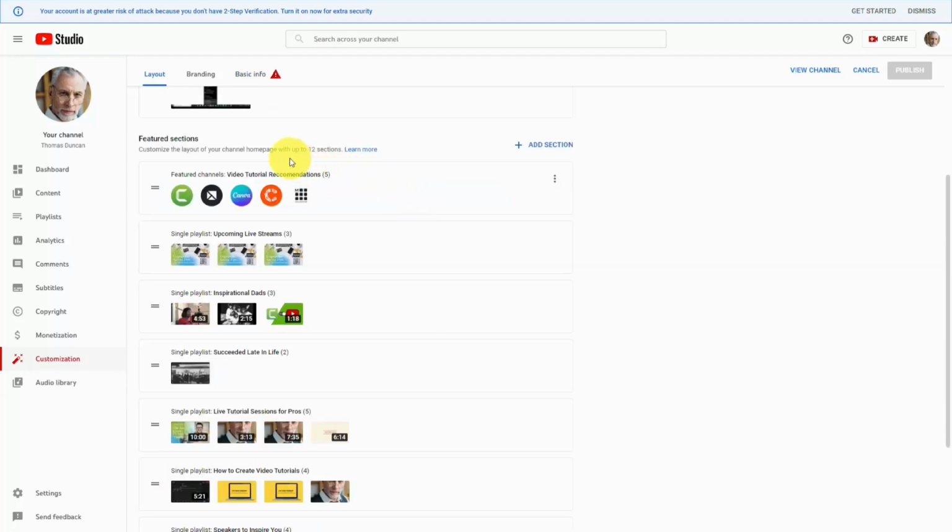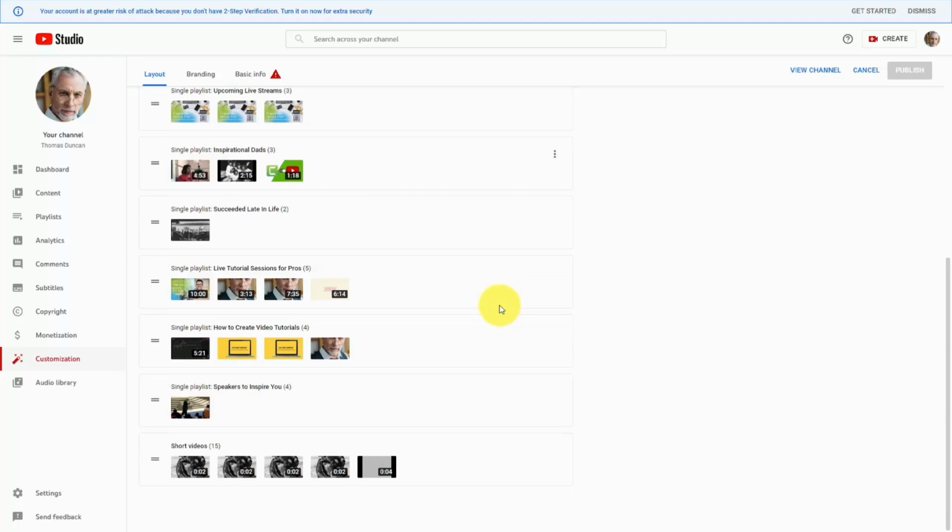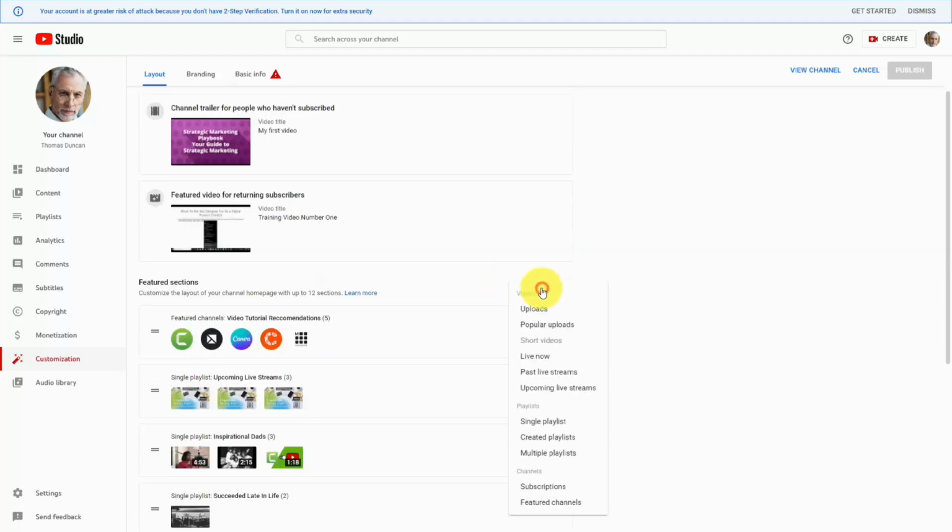You can control what people are going to see when they come to your channel. So for example, if there are certain videos that you don't want people to see when they first come to your channel, you can exclude them by not placing them on your channel. You can choose what individuals are going to see by adding in specific sections for the channel. So for example, you can include specific playlists. You can include live broadcasts. You can include specific uploads. So whatever you want to do to customize your channel homepage, you can do it with up to 12 different